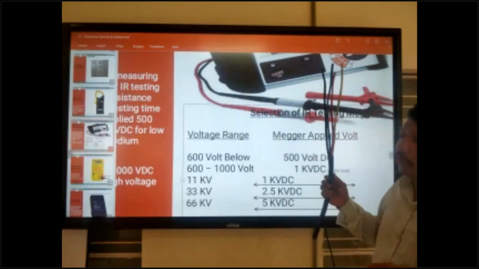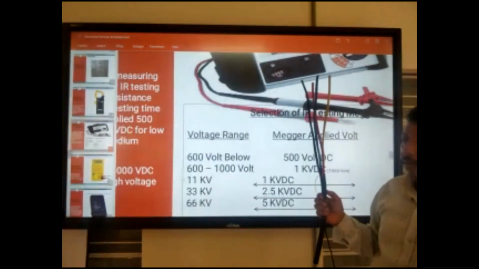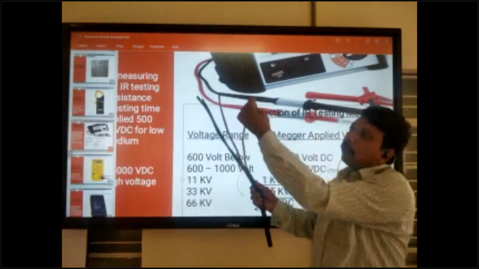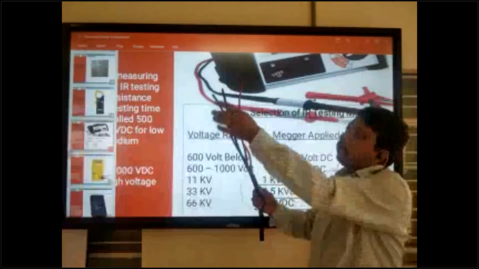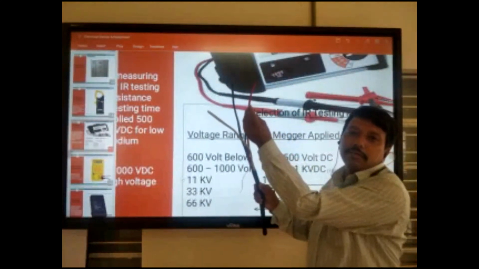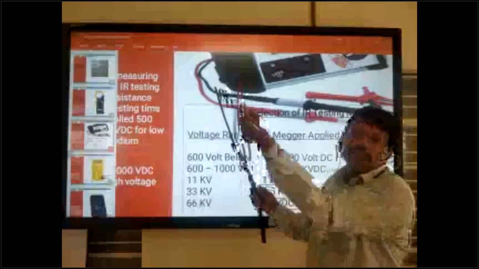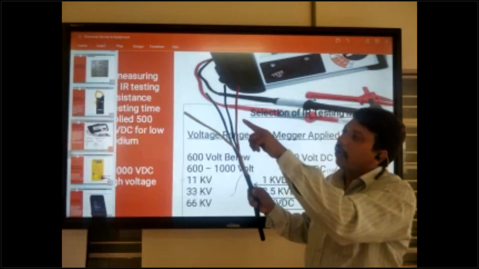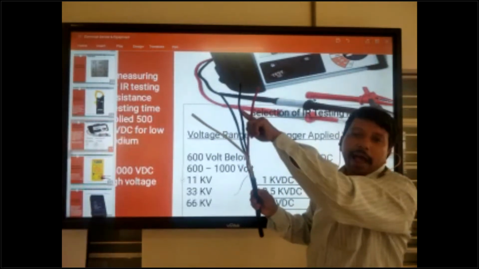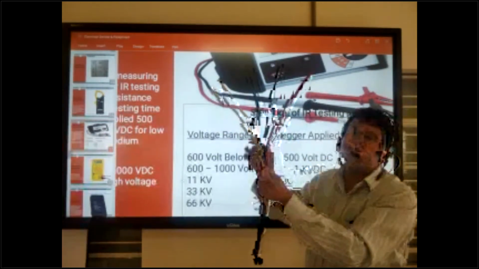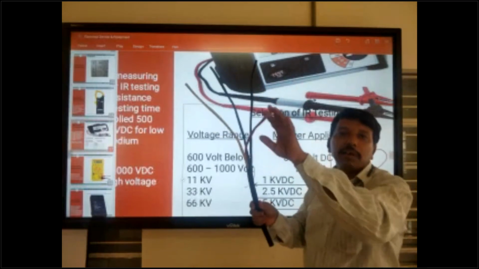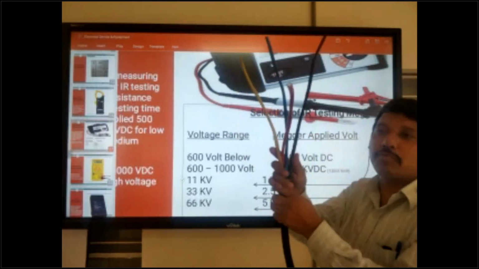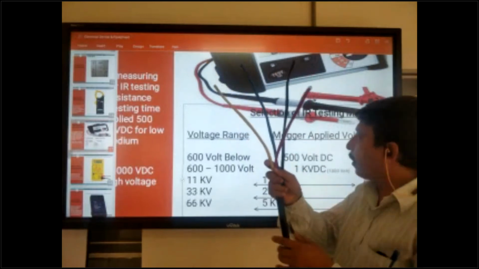How to check the insulation of a conductor? One by one. This insulation to another cable conductor inside, checking. R to Y checking. Or R to B checking. Every phase is checked, insulation checking. Everything is checked, and how much is the capacity of this one. We can check like that.